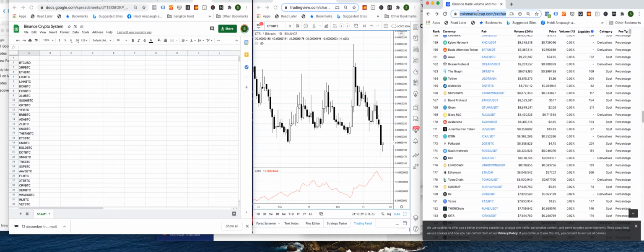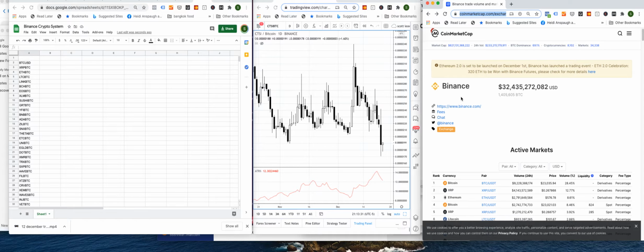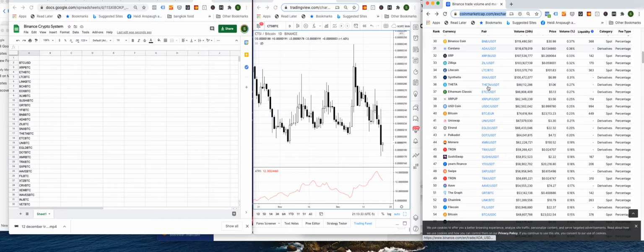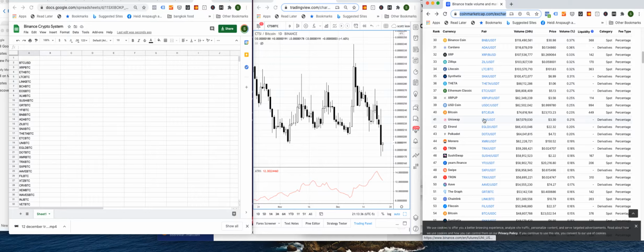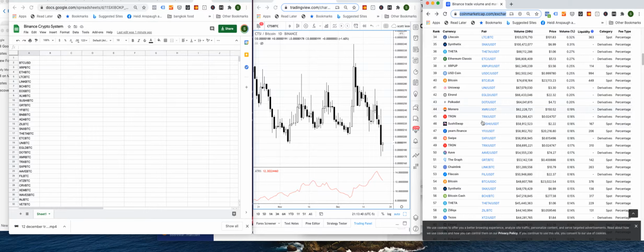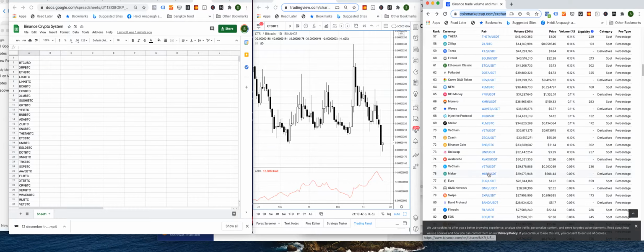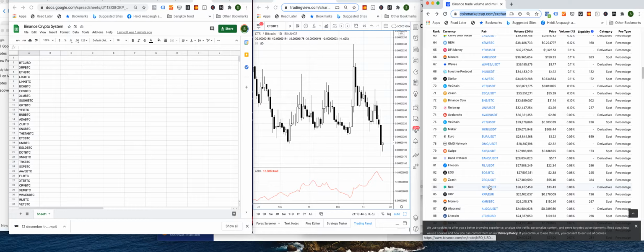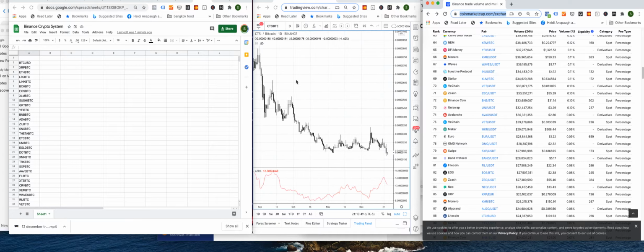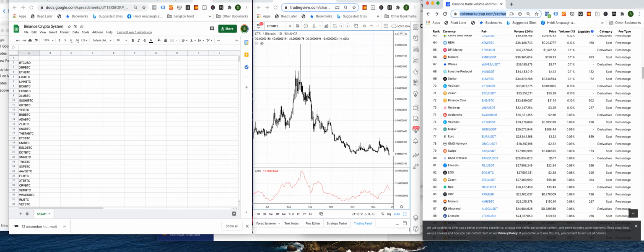I went to CoinMarketCap, the Binance markets, and a lot of these markets are like USD tethers and weird things, so what I want to trade is only the coins against BTC pairs. The goal of a momentum system is to beat the market, and Bitcoin is the market. So there's not much point, for example, in holding, say,